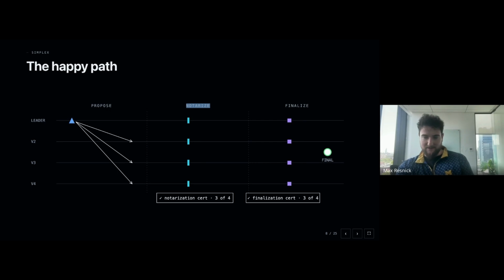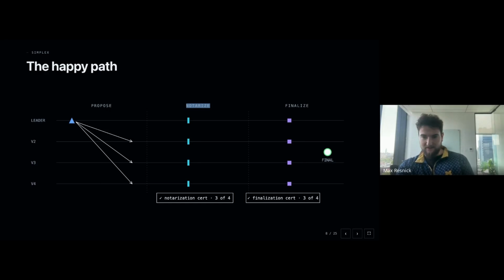And we send that notarized vote to everyone. Once everyone has 2F plus 1 notarized votes, that's called a notarized certificate, and we send that to everyone with a signature on top of it. So a signature on top of 2F plus 1 signatures becomes a finalization vote, and then aggregating 2F plus 1 finalization votes becomes a finalization certificate, and that means the block is final.